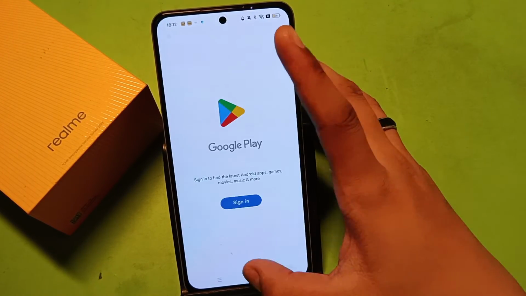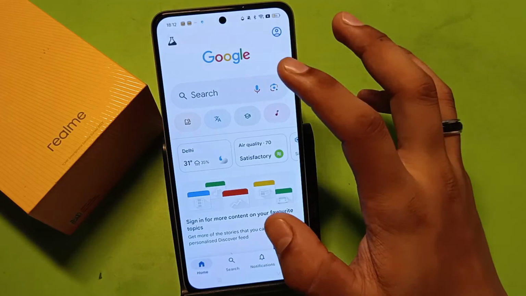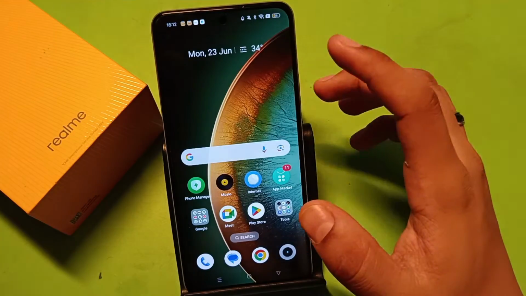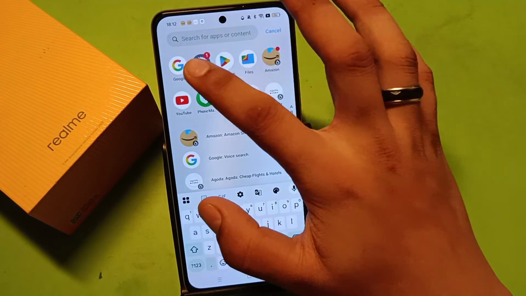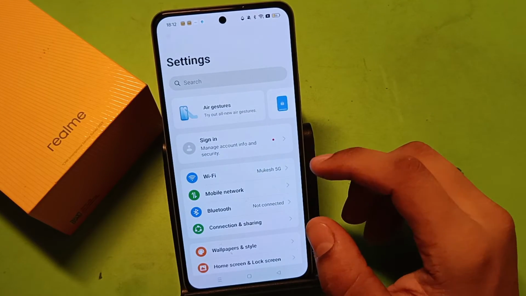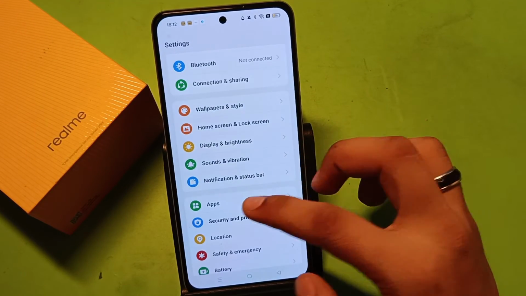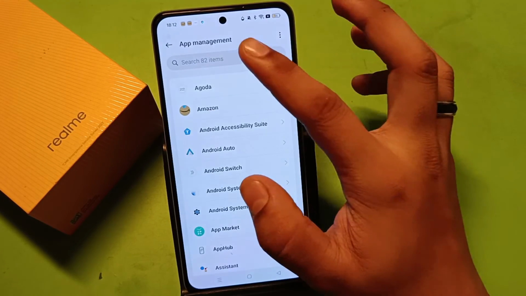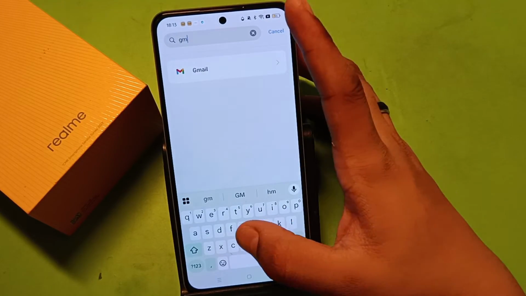Then simply press back. You have to go to your Chrome and this browsing. Some of the websites have permission to download APK applications automatically. So you have to go to the apps, click on app management, and here you have to write Google